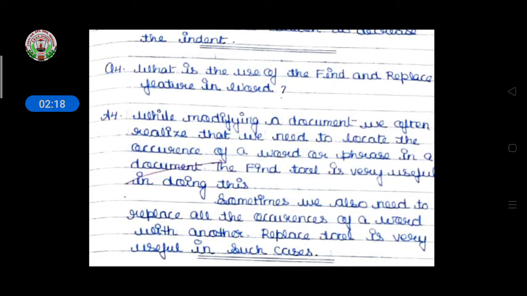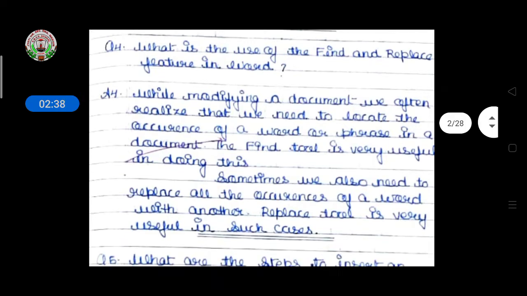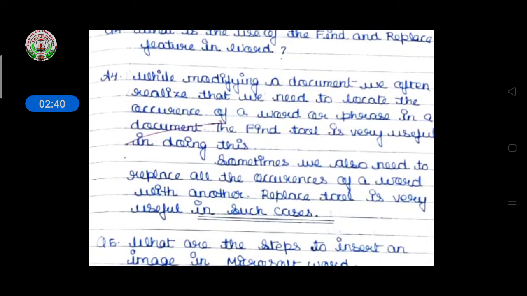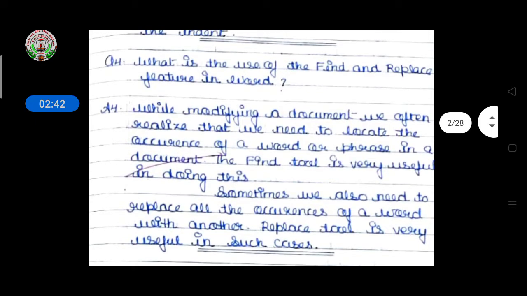One small window will appear on the screen, and there you have to write in the text box which word you are finding. That word you write and then click on find. Then wherever in all the paragraphs the word is written, the word is highlighted and you can easily find the word.